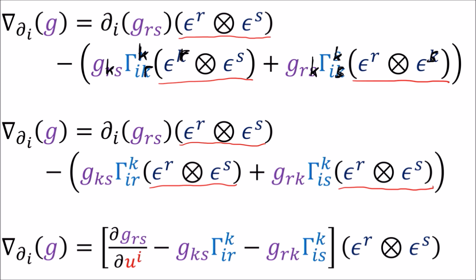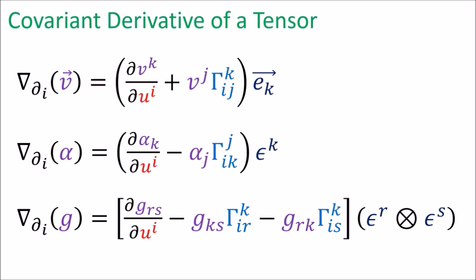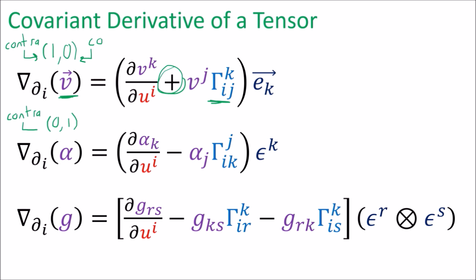So you'll notice that the covariant derivative of the metric tensor has two negative Christoffel symbol terms. So there's a pattern going on here. Vectors are (1, 0) tensors because they obey 1 contravariant transformation rule and 0 covariant transformation rules. So they get 1 positive Christoffel symbol term. And covectors are (0, 1) tensors because they obey 0 contravariant transformation rules and 1 covariant rule. So they get 1 negative Christoffel symbol term. And the metric tensor is a (0, 2) tensor that obeys 2 covariant transformation rules, so it gets 2 negative